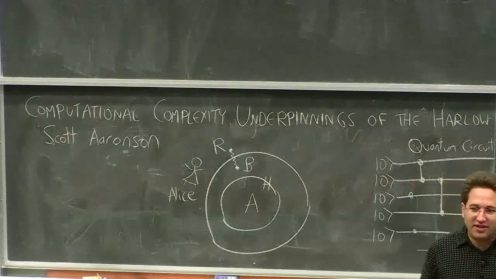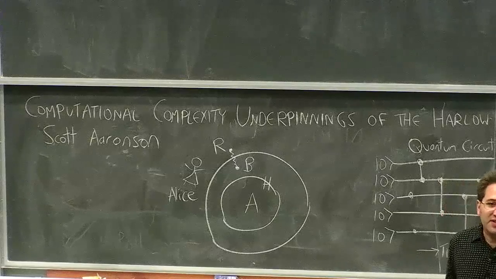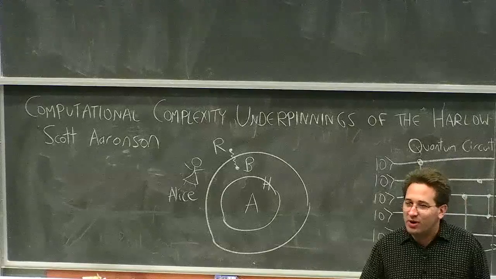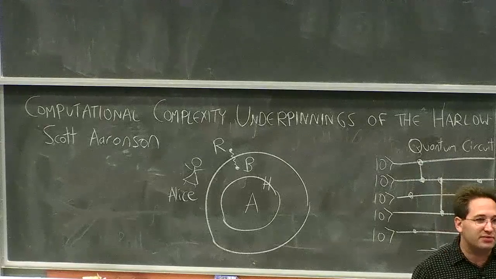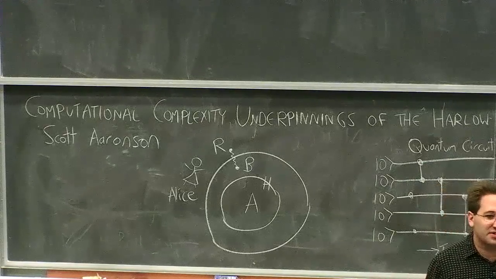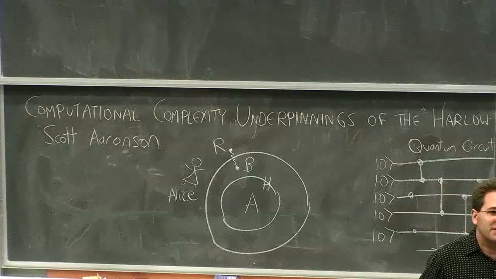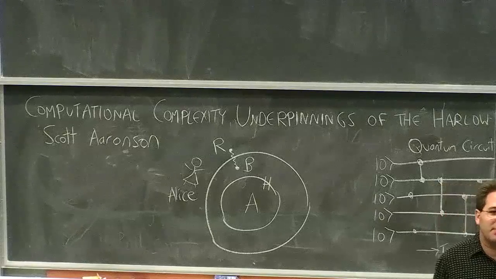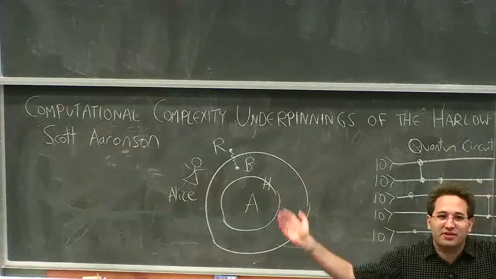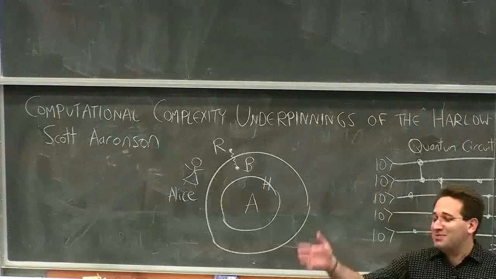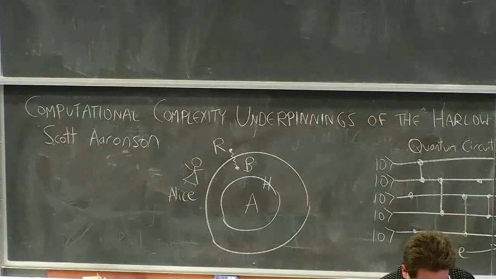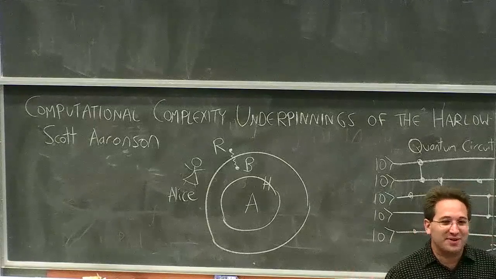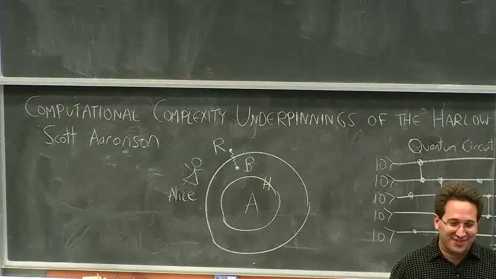However, they give arguments that in order to see that R and B are entangled, the quantum computation that Alice would have to do would almost certainly require exponential time. Meaning exponential in the size of the black hole, the number of qubits involved. Which means that before Alice could barely even dent it, the black hole would have long ago evaporated anyway. So maybe there's nothing to worry about. Now, I imagine that some of you might want to debate the physical relevance of this result.